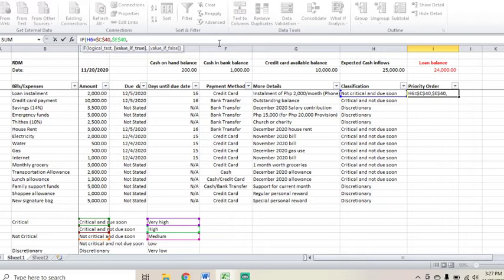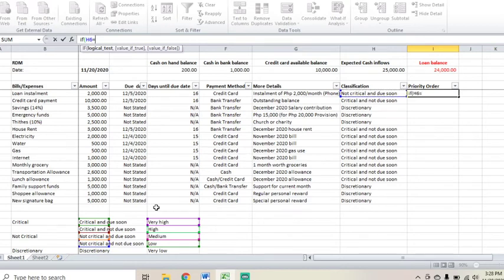So this is the first statement, this is the second statement, this is the third statement. And we're gonna have to use comma here. Then alt enter, and then we're gonna have to use the if. The fourth one, this one, if this cell equals this one, then the answer will be low, right? Then comma, and then alt enter again, and then if this cell